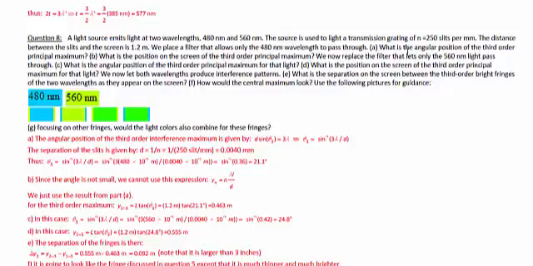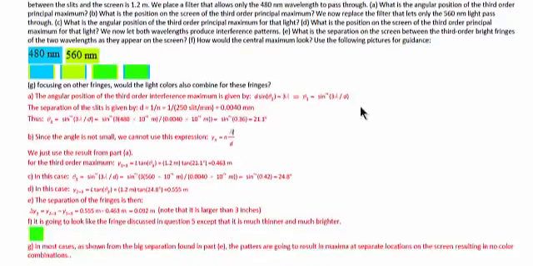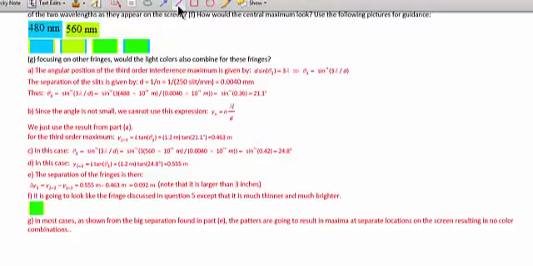Now, question B asks what's the position on the screen of the third order principal maximum. So they are asking us here for y sub 3. Except we cannot use this expression anymore to find y sub 3. We know what theta sub 3 is. The thing is, this expression for y sub n was developed assuming a small angle approximation. Okay, for example, here,